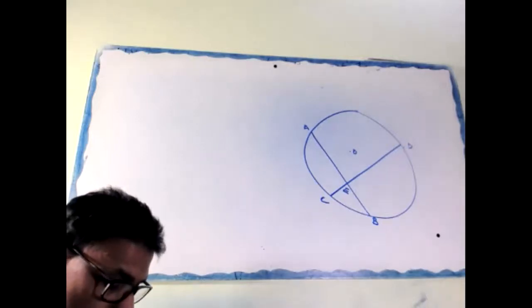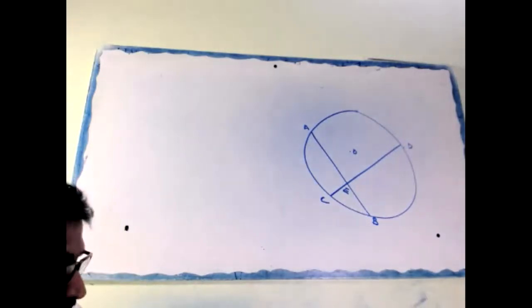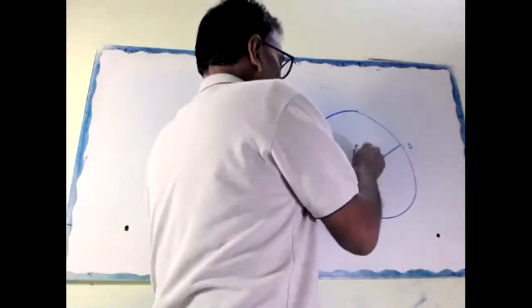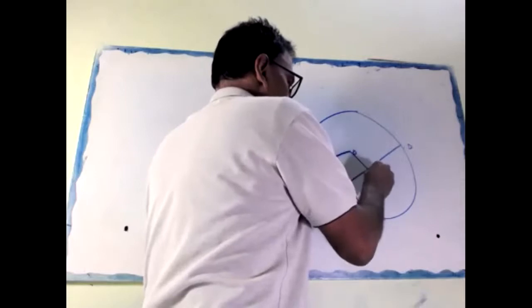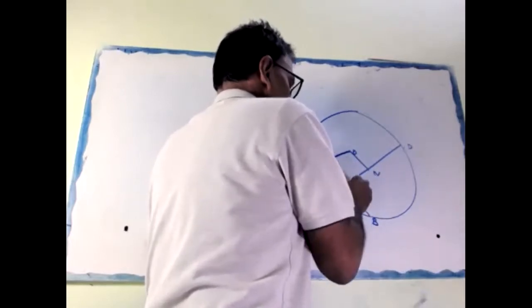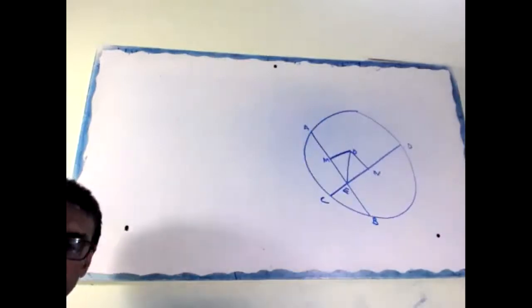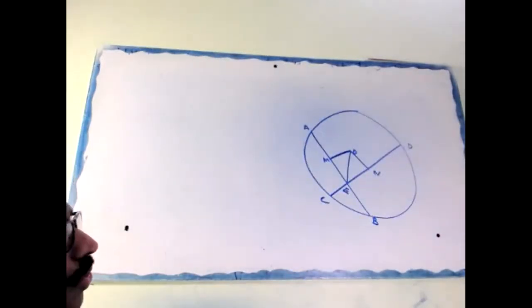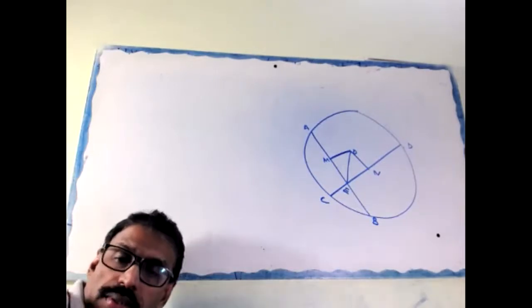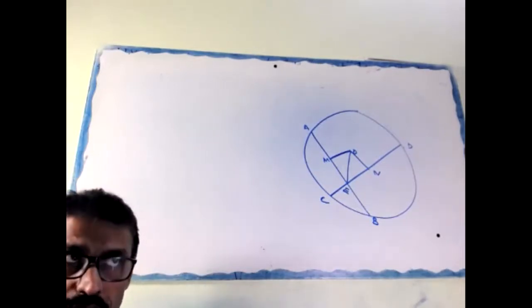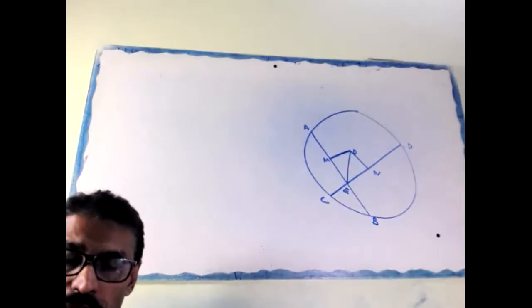Like before, there is a construction. Draw OM perpendicular to AB and ON perpendicular to CD, and join OE. Construction: draw OM and ON perpendicular to AB and CD. Join OE. Now, up to here, okay or not? Clear or not? We are doing this question the second time.